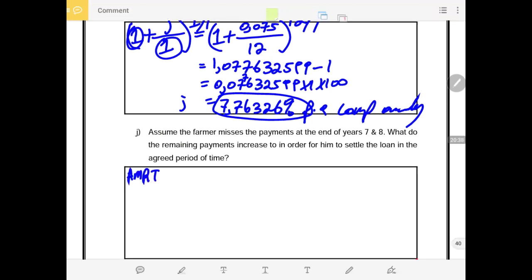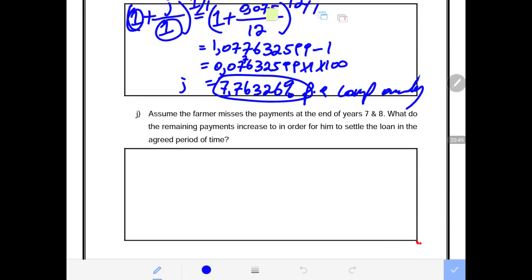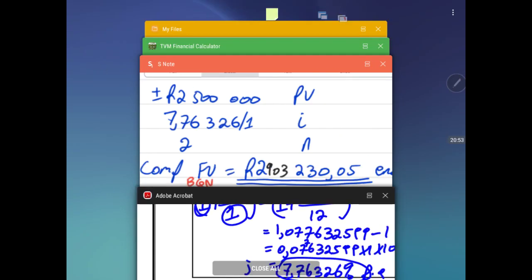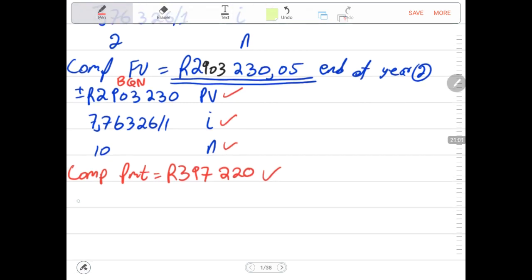I want to bring this across again. We dealt already with AMRT. We dealt with the calculations of number I, which are the ones above. This was I. Now we are going to J. When we go to J, we don't need the recalculation here. We just say AMRT